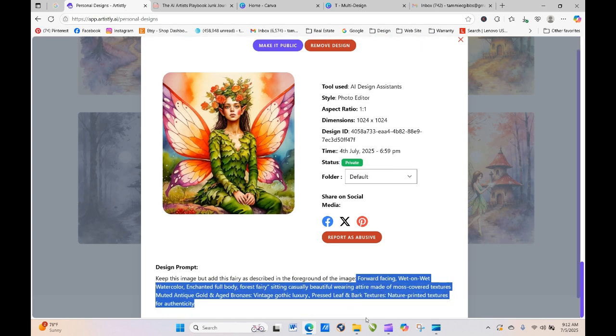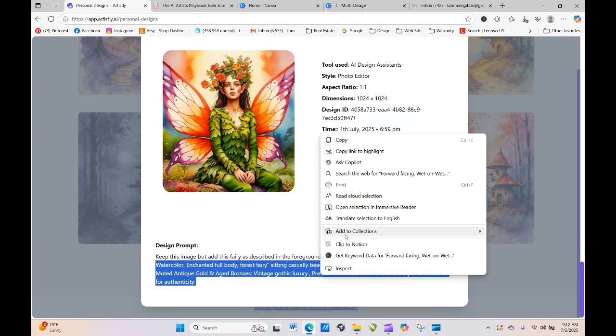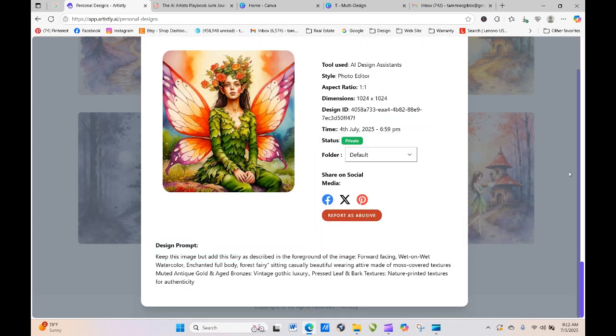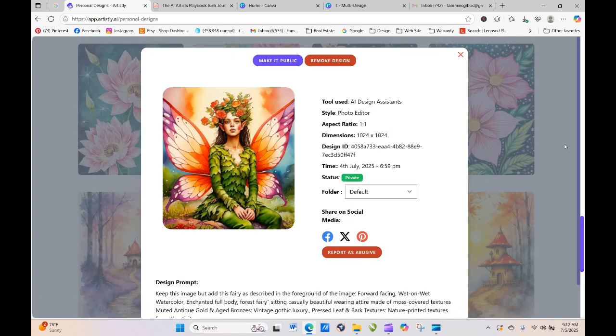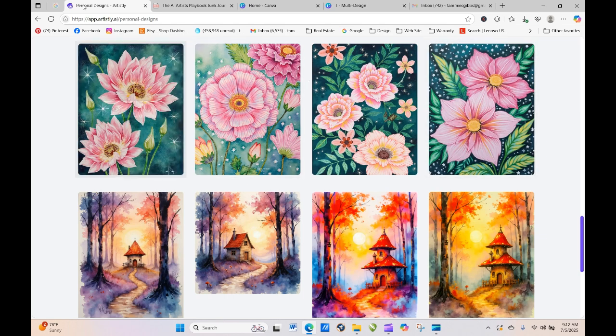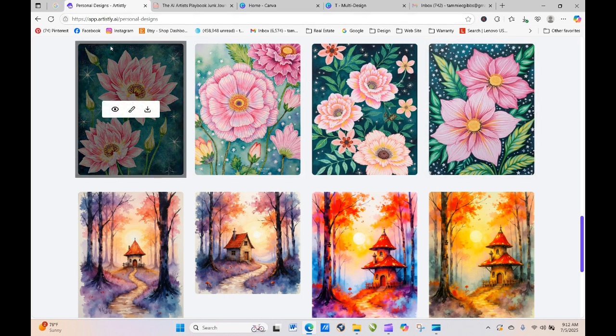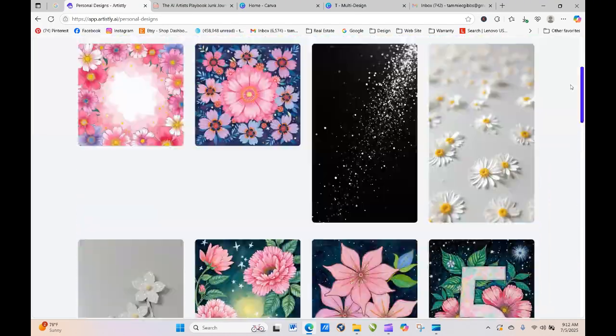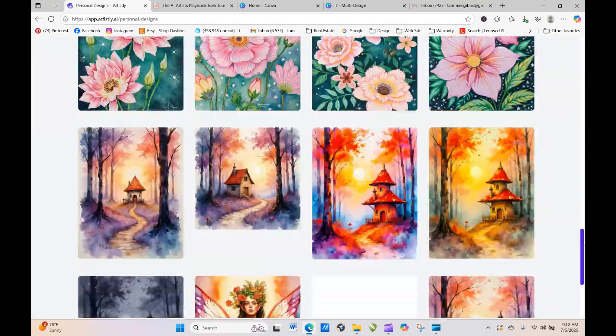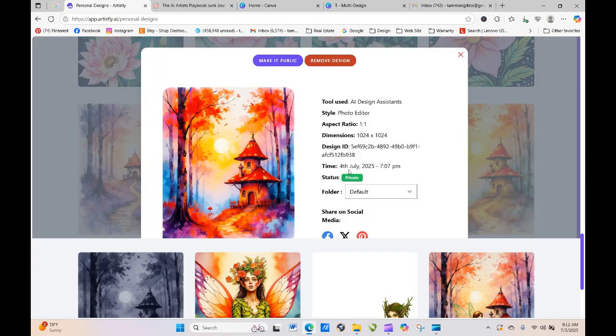Forward facing. Okay, we're going to go up here and